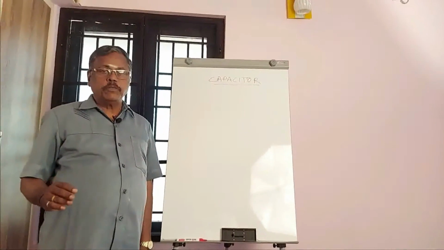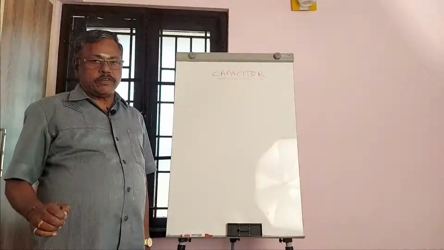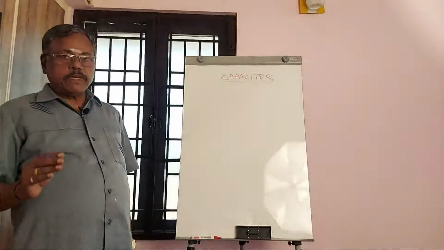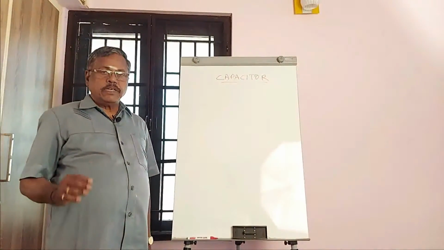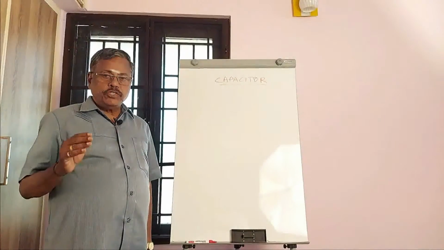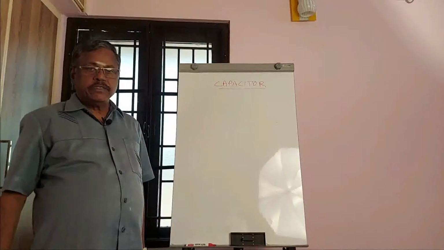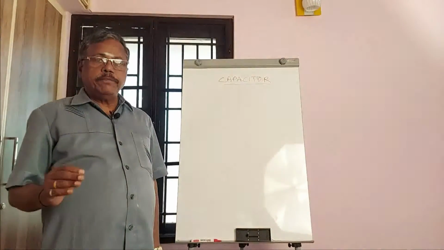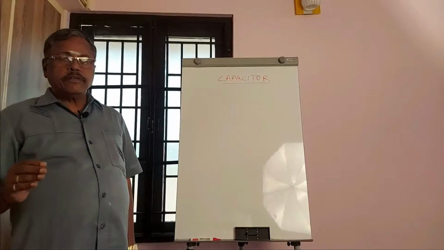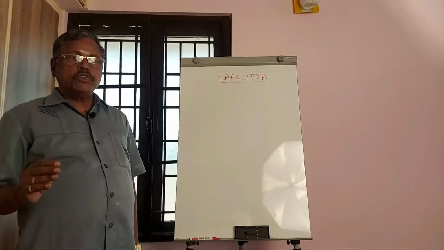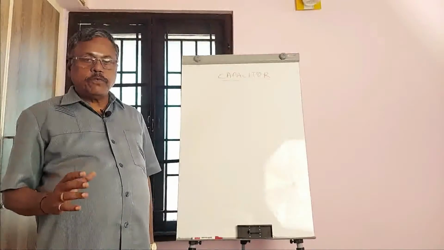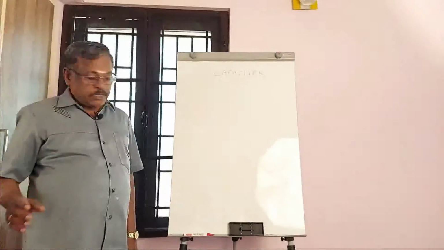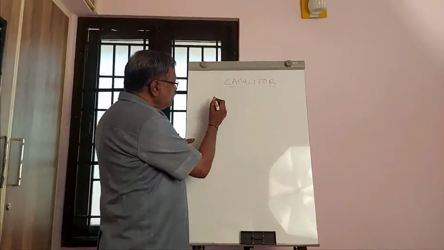Here we are going to discuss one of the important components in the electrical and electronics field, that is the capacitor. The definition of a capacitor is this: a capacitor is used for storing electrostatic energy. Capacitors are manufactured using two parallel plates, and in between, putting the electrochemical component which will be able to store the energy. Therefore, in a parallel plate capacitor, the capacitance offered by the capacitor is equal to C,